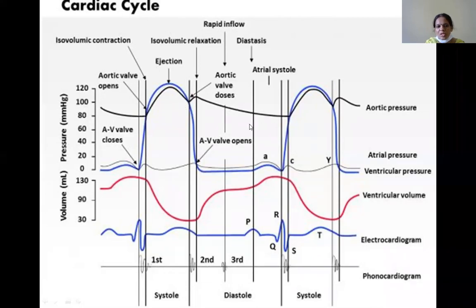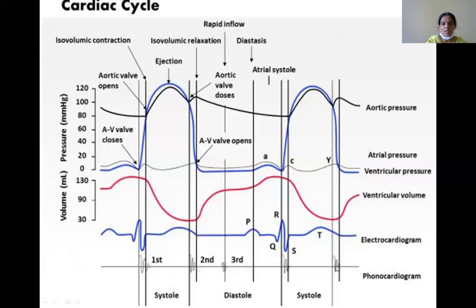This is the aortic pressure which is being shown here. And in the phonocardiogram, you have the first heart sound whenever there is closure of the AV valves, atrioventricular valves. This closure of the AV valves, as you know, produces the first heart sound. And closure of the semilunar valves gives rise to the second heart sound. And whenever there is filling of the atrium, blood in the atria, this gives rise to the third heart sound, which can be depicted on this phonocardiogram.